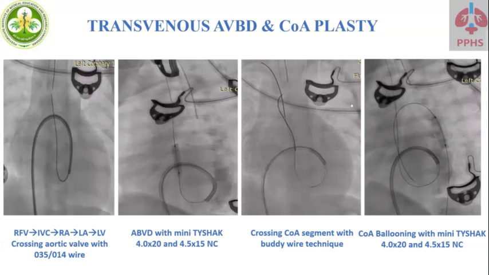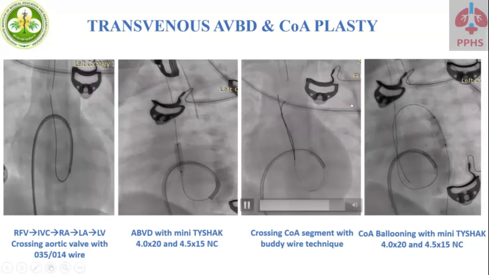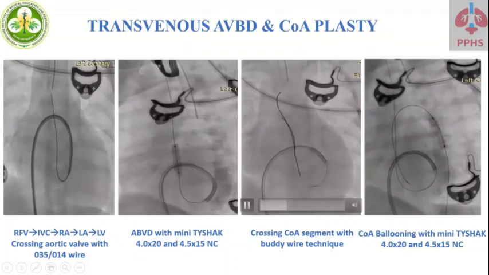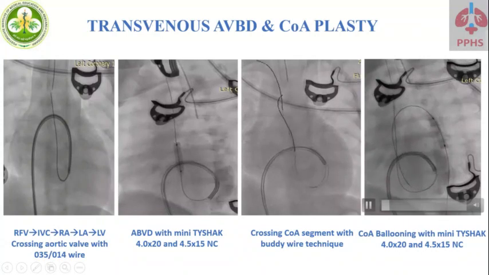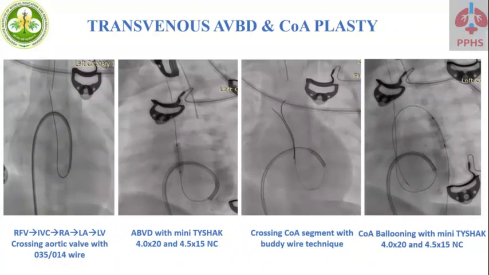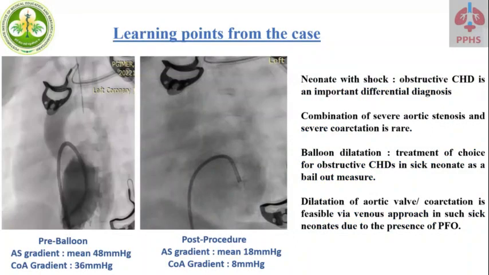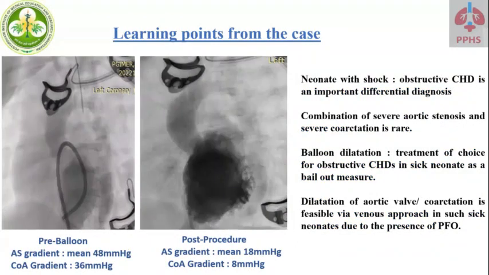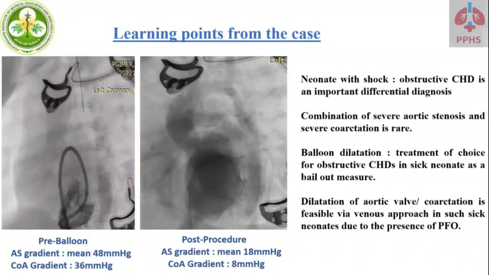For dilation, we used a 4x20 mini Tyshak and a 4.5 coronary balloon. So here is the end result of this transvenous balloon dilatation. Before balloon dilatation, we had severe LV dysfunction with an AS gradient of 48 and a coarctation gradient of 36. Post balloon dilatation, the AS gradient was reduced to 18 and the coarctation gradient was reduced to 8 with good